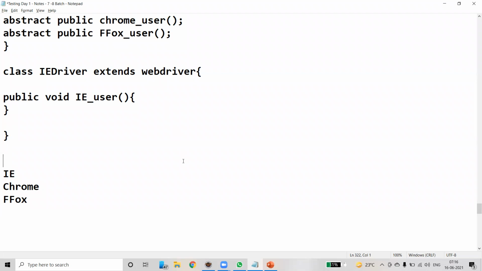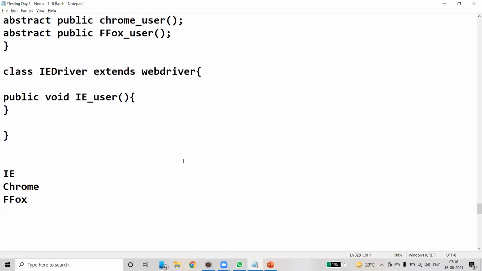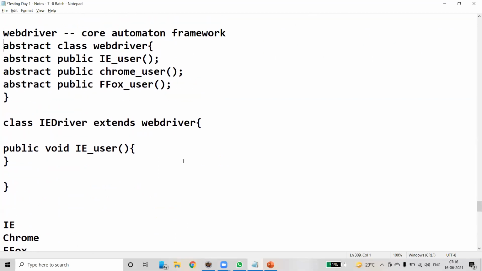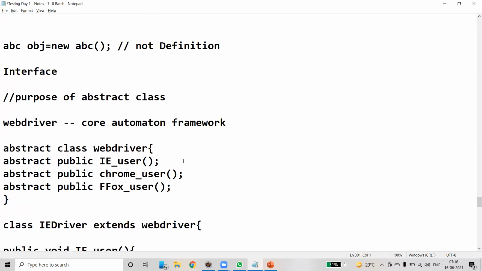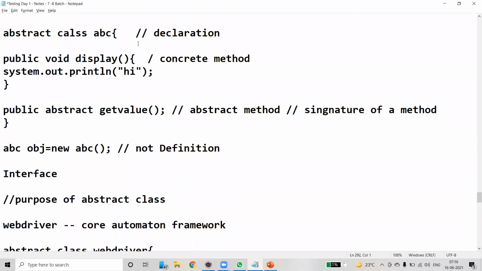So it means at the time of creating a class, we don't know much about its functionality. That is the reason we partially implement the class. One more advantage with abstract classes is that we can also have concrete methods. Abstract classes can have both concrete methods as well as abstract methods.